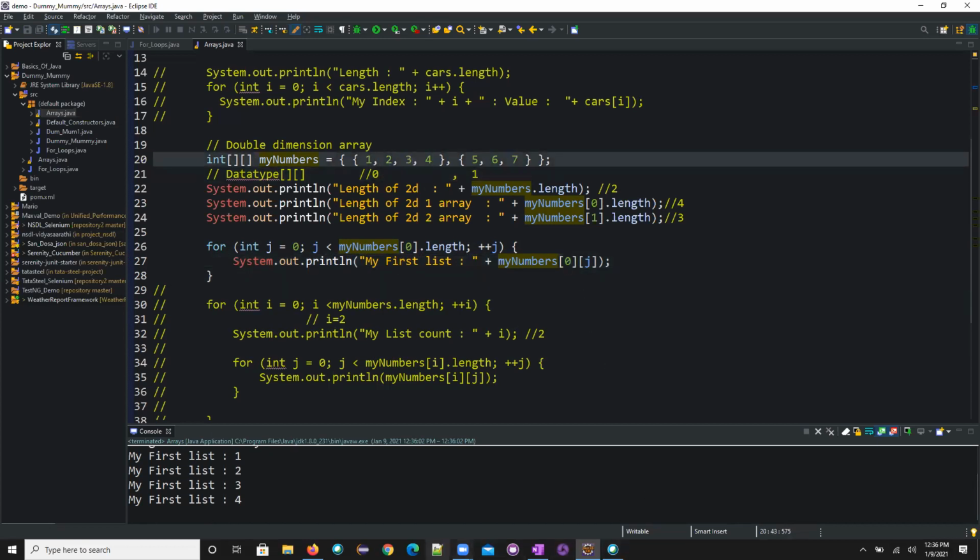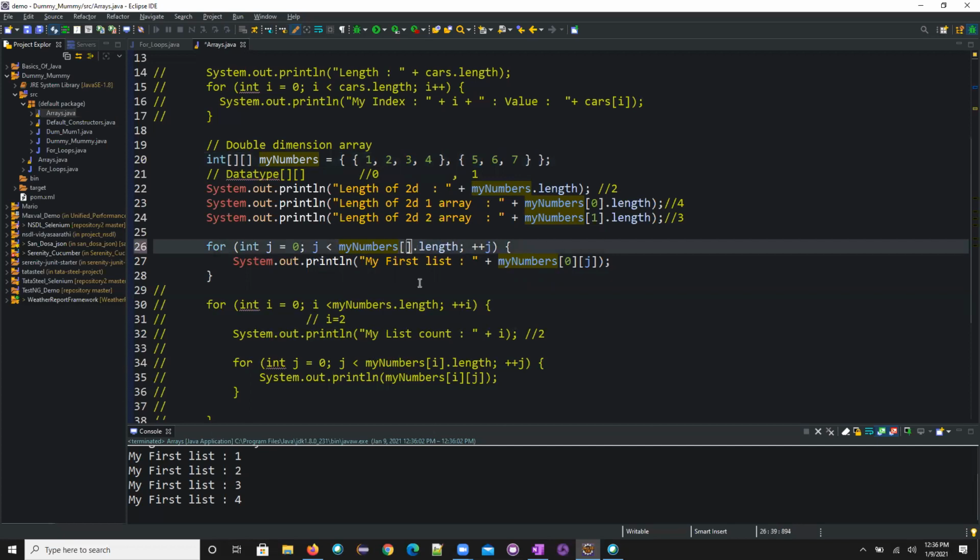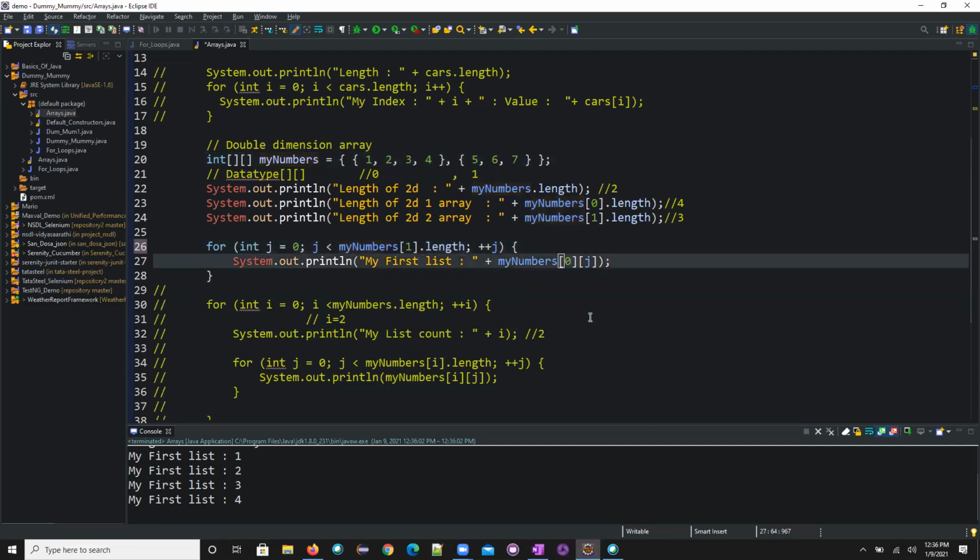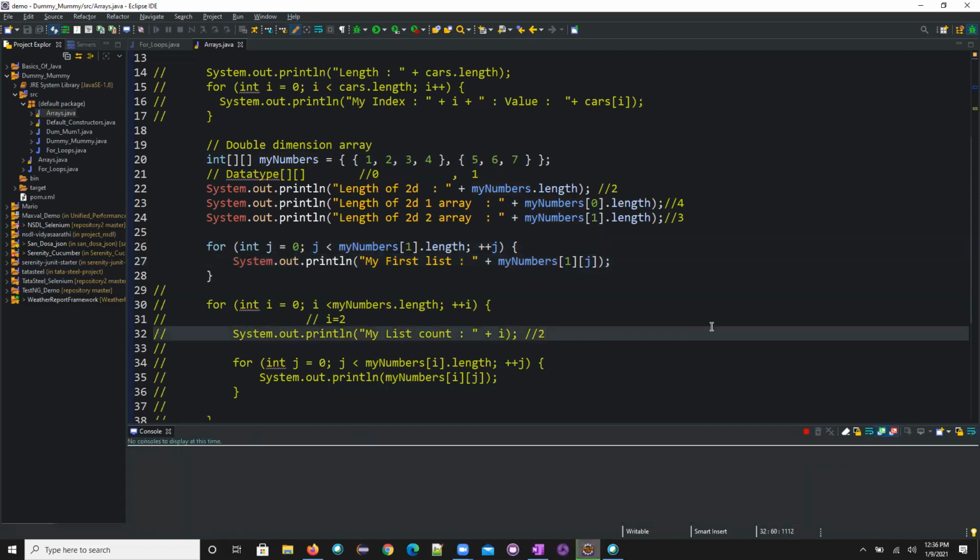Sandhya, I wanted to print my second list, so what code change do I need to do here? My number 1. That's it. Excellent. I just need to change this one and execute that.